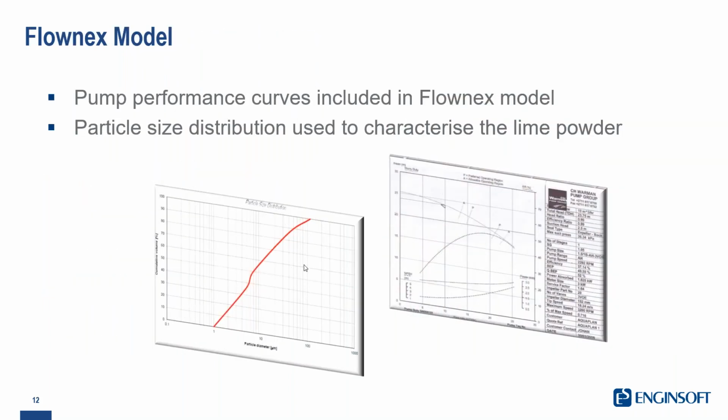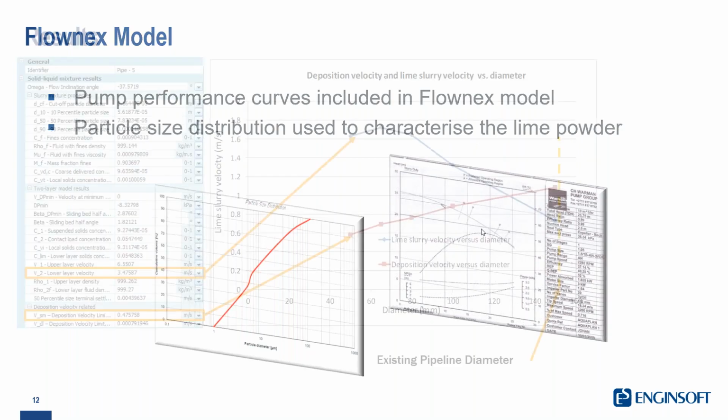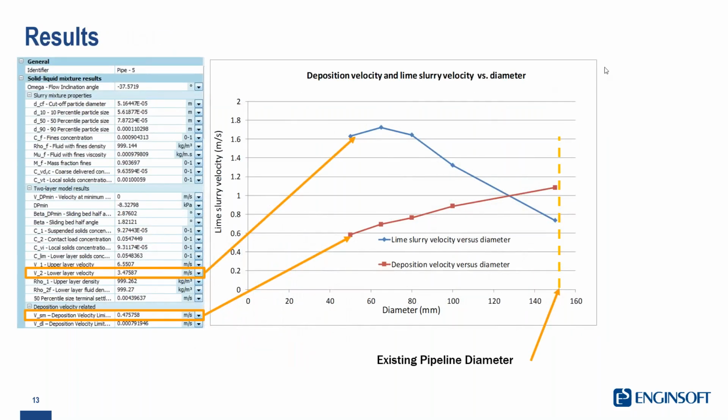This can be done by placing the particle size distribution, and for sure the pump pressure head, so the pump characteristics, inside Flownex. The main results that you can obtain from this kind of simulation are 2 parameters that are post-processed by Flownex,